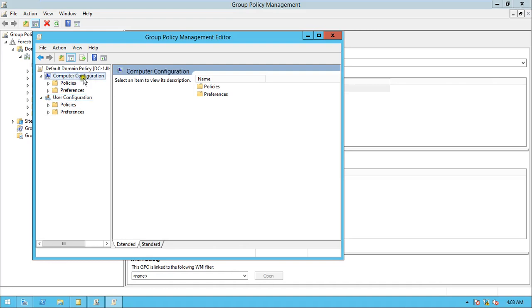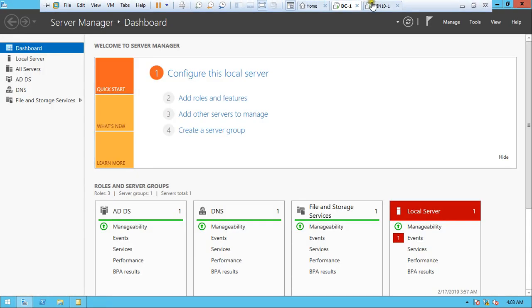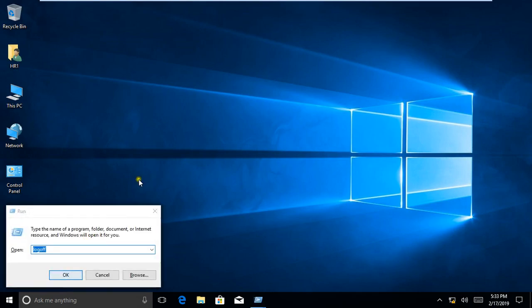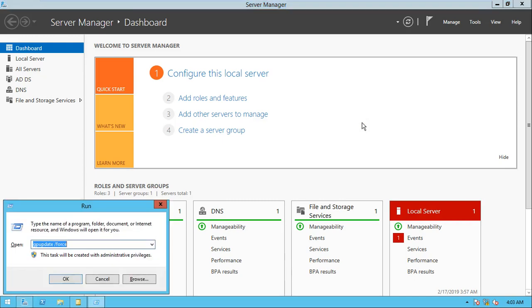But when you run computer configuration policies, sometimes it applies and sometimes it asks for restarting the machine. If it applies after gpupdate, it's okay. If not, then we'll restart the machine. One more command we can run here, gpupdate /force.